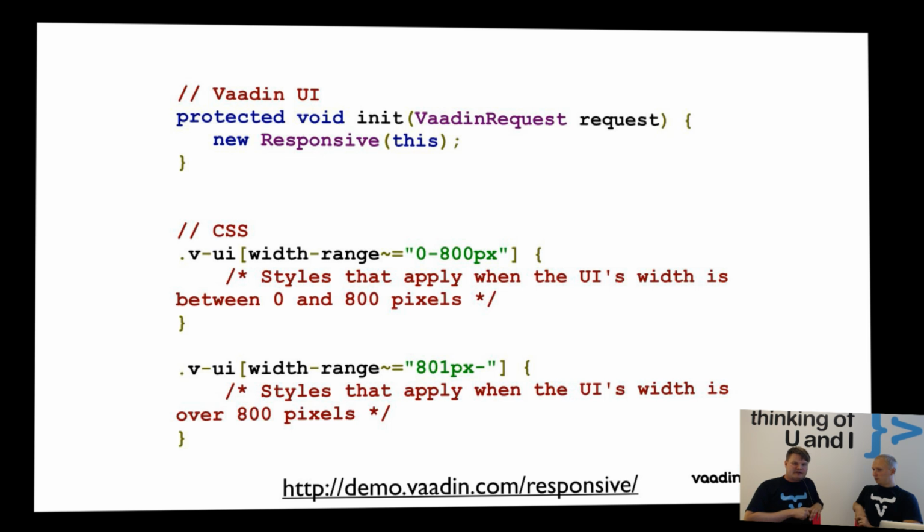We also added built-in responsive design helpers, so that you can actually define component level responsive CSS for your application. Typically when people say responsive, they think about media queries, and media queries work fine for web pages, but for applications with reusable components, you cannot always bind everything to the width of the whole web page. In Vaadin, you can also choose CSS based on the width of the specific component